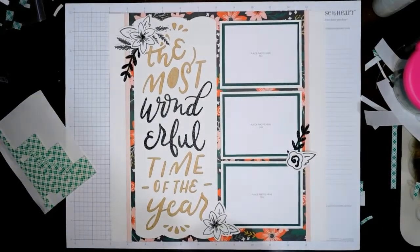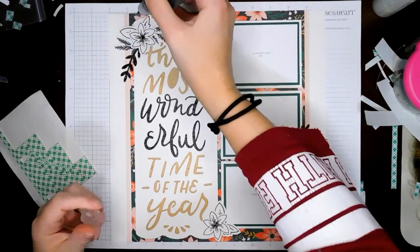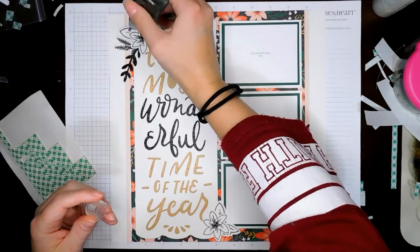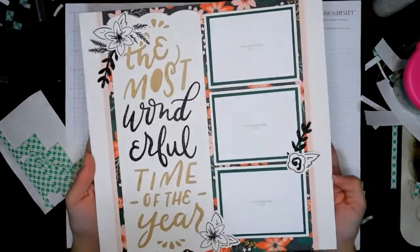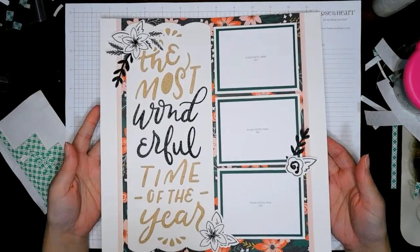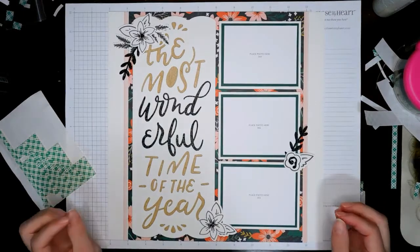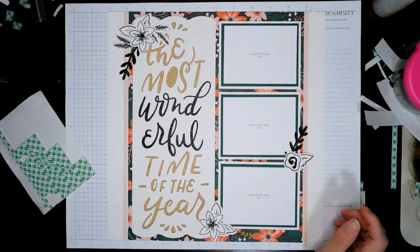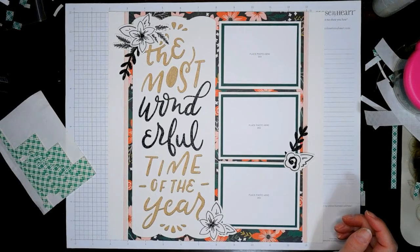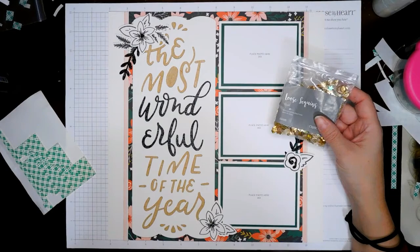Okay, so I think I might just add something over here. Just looks like it needs something. A little bigger than that. Oh, okay, well, that'll be it. Okay, so question is, should I add some, what are they? Sequins. I kind of want to add sequins. Either sequins or dots. I don't think I want to use those. If I did anything, I think I would want to do the gold sequins to bring out the gold in these,